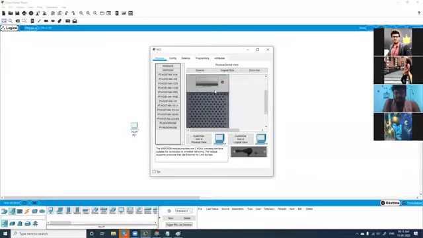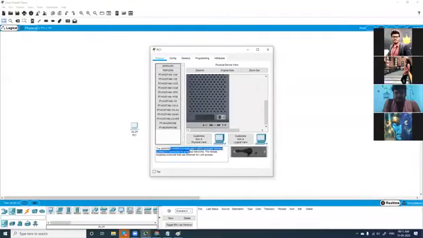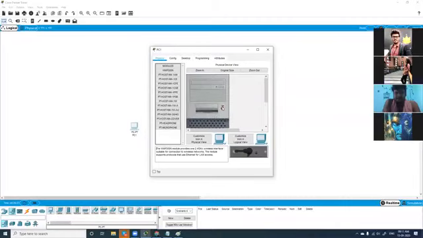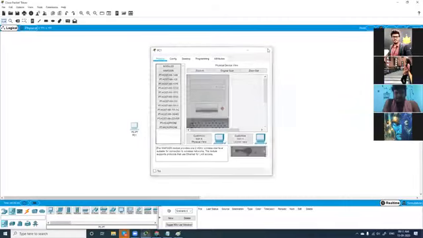So I'll go here and turn off my computer. I have an Ethernet LAN port here. I'll remove this. And if you see here, I have this particular module, WMP300N, which is a wireless receiver. So I'll take this and put it here. So now my computer has a Wi-Fi receiver. I'll turn it on. I'll do the same here.